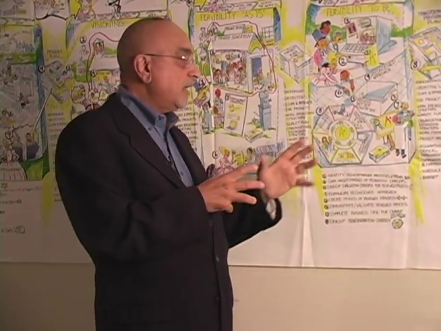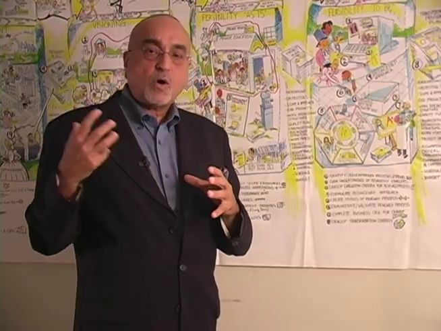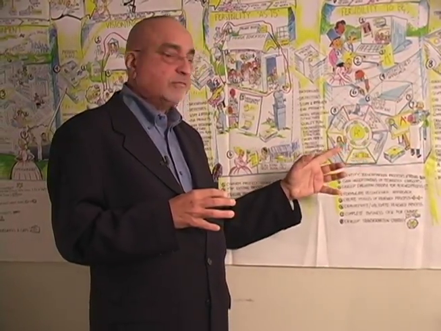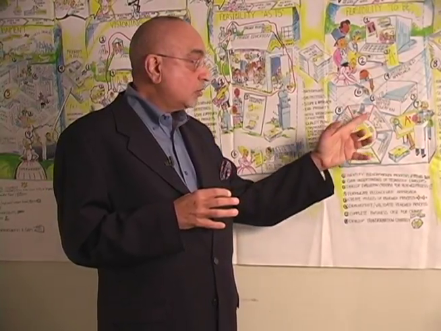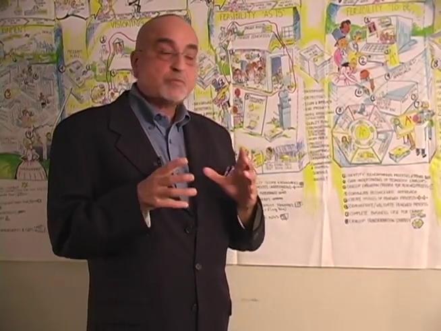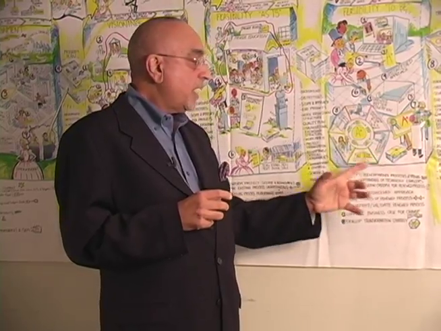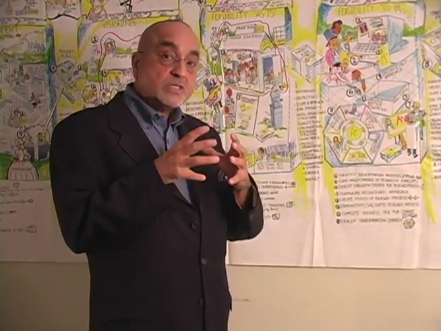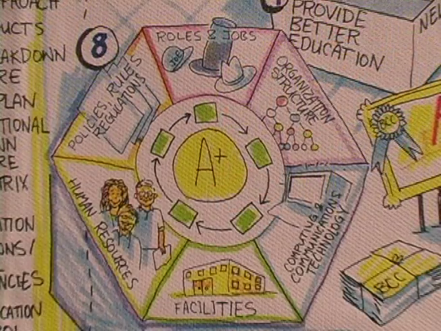So you can see here the principle that we started off with was that business process drives the change: business process drives organizational change and the roles and responsibilities, business process drives the systems change, and business process drives the infrastructure or facilities change. So this concept of the wheel of change, and the reason we call it